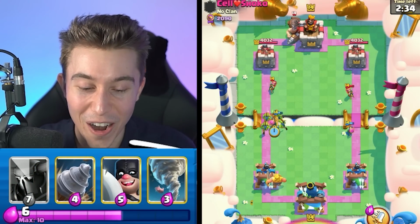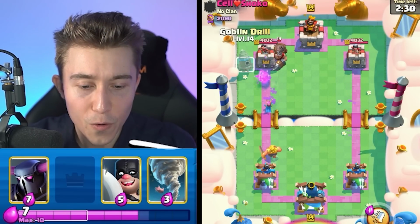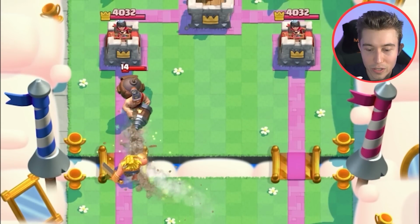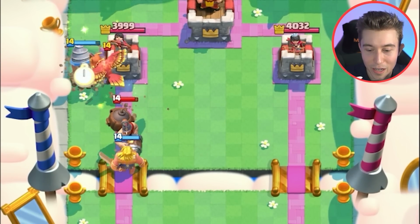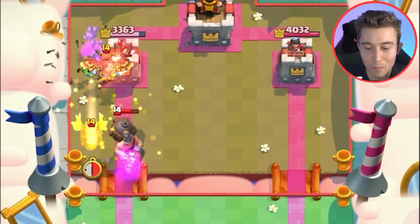We're going to go in for our aggressive goblins here to be able to tank for his archer, and then we could go for a goblin drill to go and pull back the Mighty Miner, or just like make our opponent a bit annoyed with us. And I think that's always fun to do. I could tornado everything back and then dash. It just doesn't seem worth it to me because I'm probably playing against...